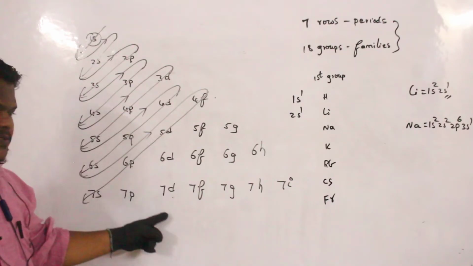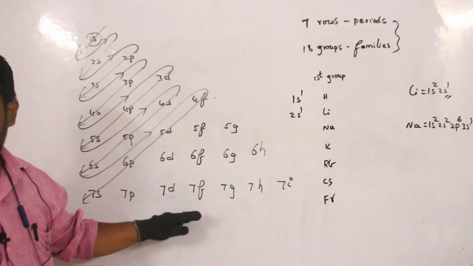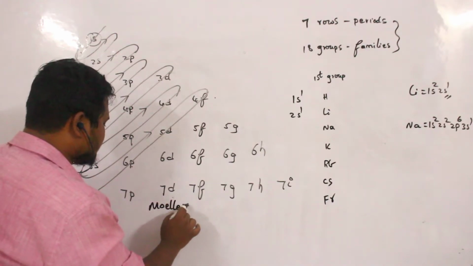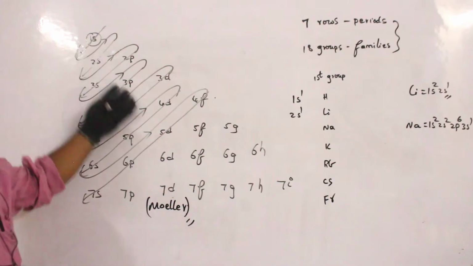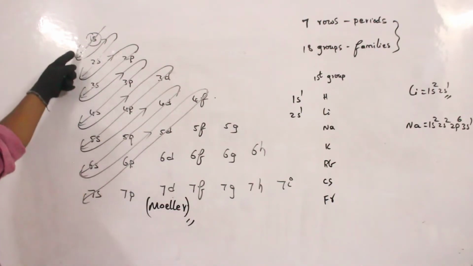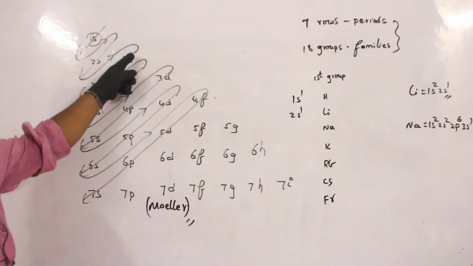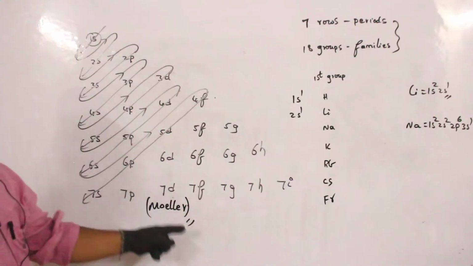This method of representation we can call Euler's diagram. So this is not a separate rule. This person Euler represented the Aufbau principle in the form of a diagram. It means first of all the electron enters 1s, then 2s, then 2p, followed by 3s, then 3p, 4s, like this. Are you able to understand?